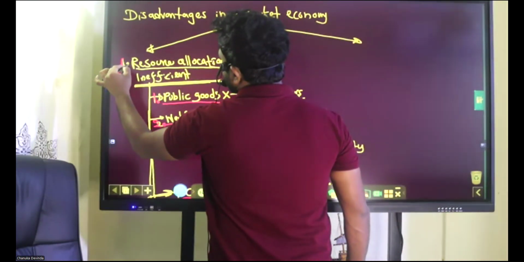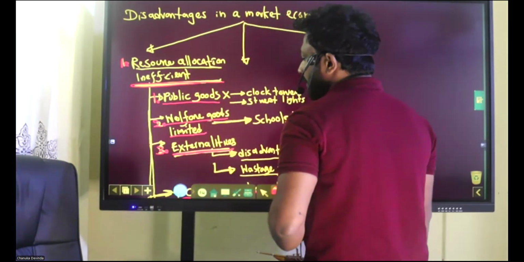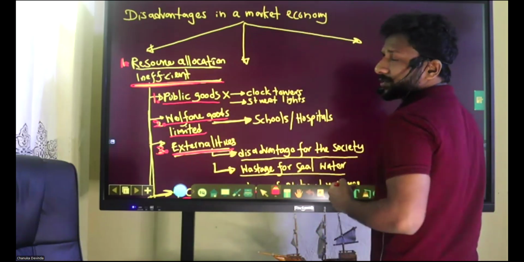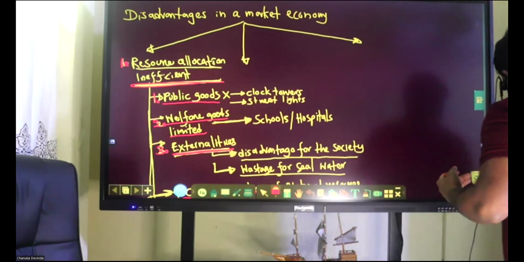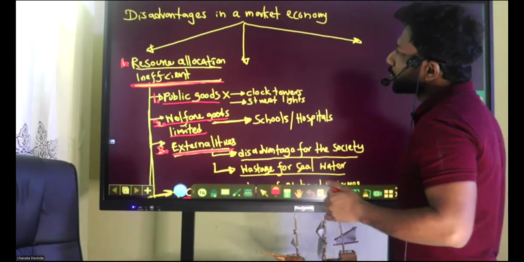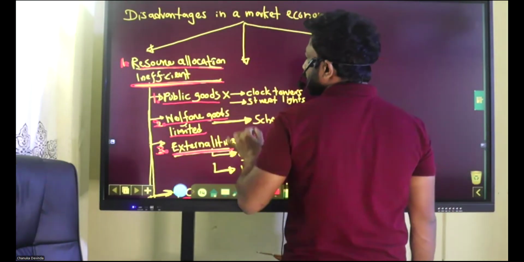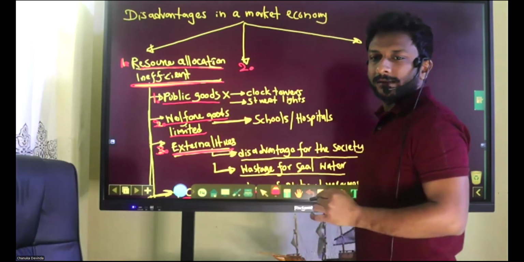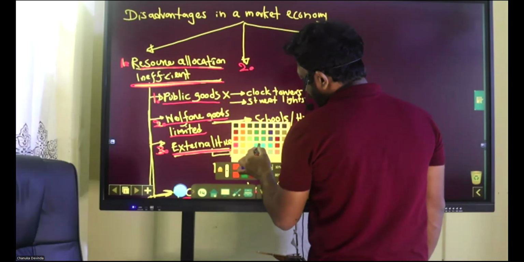The first one is because it is inefficient. So that is the first reason. If it is asked in the exam why market is not good, or what are the disadvantages of a market economy, you need to mention: first one, resource allocation is inefficient. Second one, resource allocation is unfair,